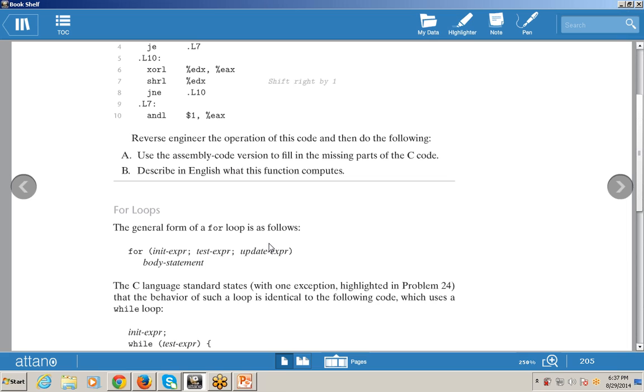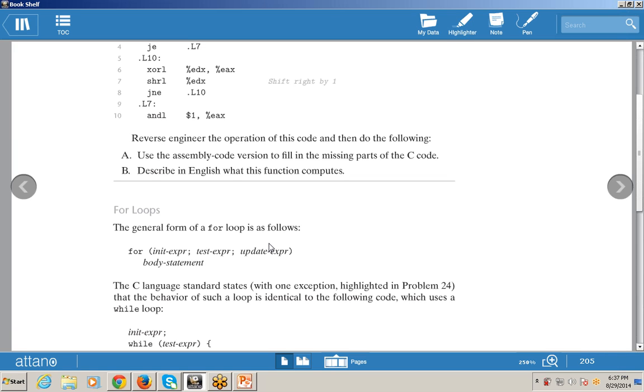Now, next is your for loop. Till now we have covered the do while loop and the while loop. Now the next one is your for loop. A for loop is similar to the while loop and the do while loop, but the main difference is that here the condition as well as the increment or decrement will execute in only one line. First of all, there is the init expression.